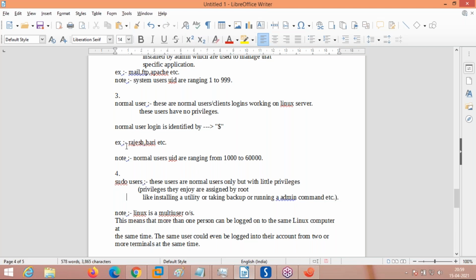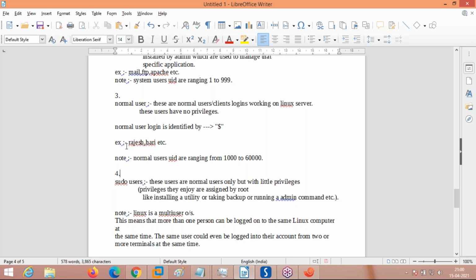There are four types of users: admin user, system users, normal users, and the special normal user, which is called a pseudo user. The difference between the normal user and the pseudo user is that pseudo users have extra privileges. With these, I am able to access some commands which are only run by the root user, but a normal user cannot execute those commands.